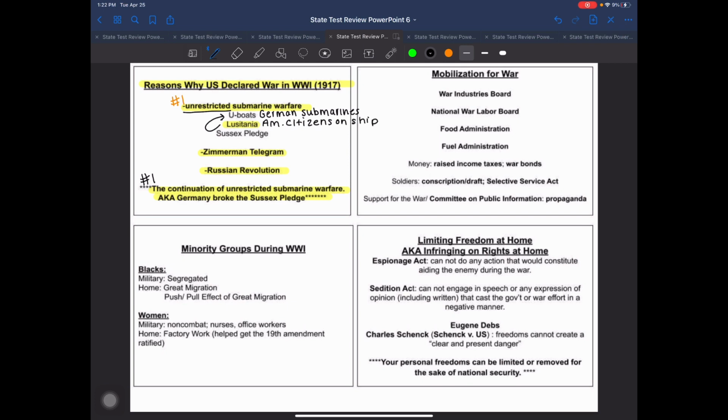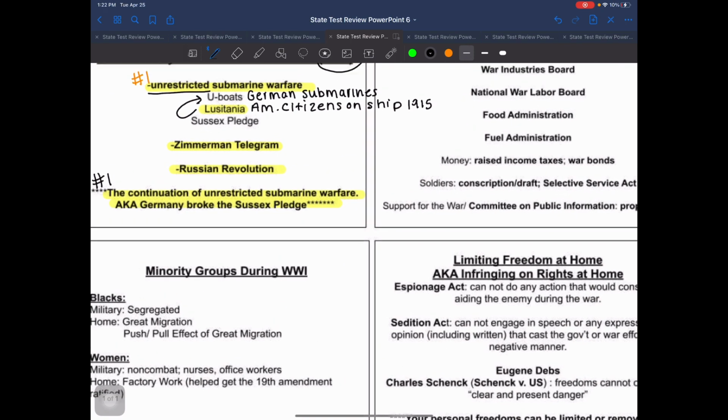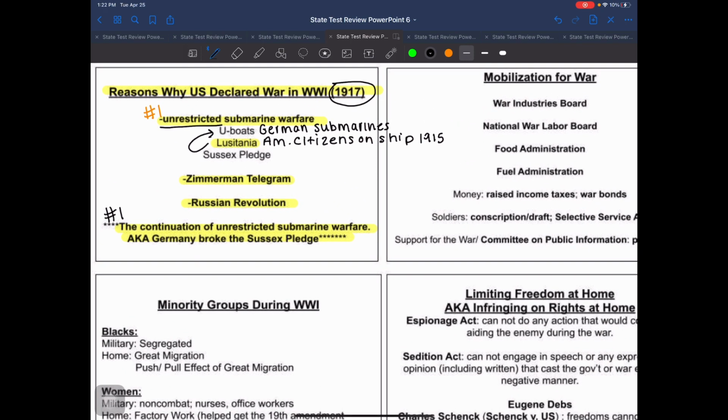And so that was done, and I think it is important for you to know that this was in 1915. So you can't say that the Lusitania is the reason why, because we know, if we look up here in the title, we don't actually declare war until 1917. And even after, I'm going to zoom in here, even after the Lusitania is sunk, another ship known as the Sussex, same situation here, is sunk, and some Americans perish on this ship as well.